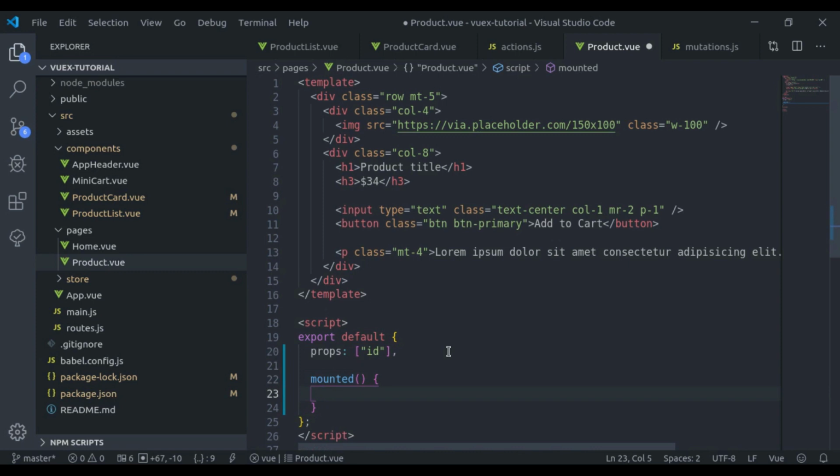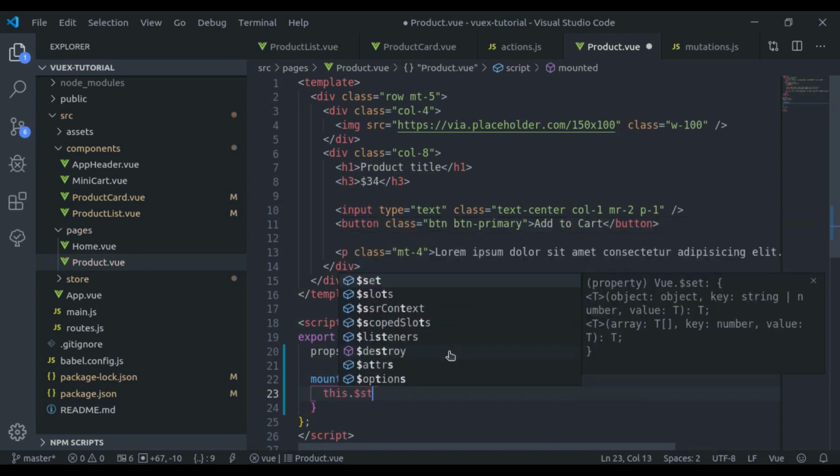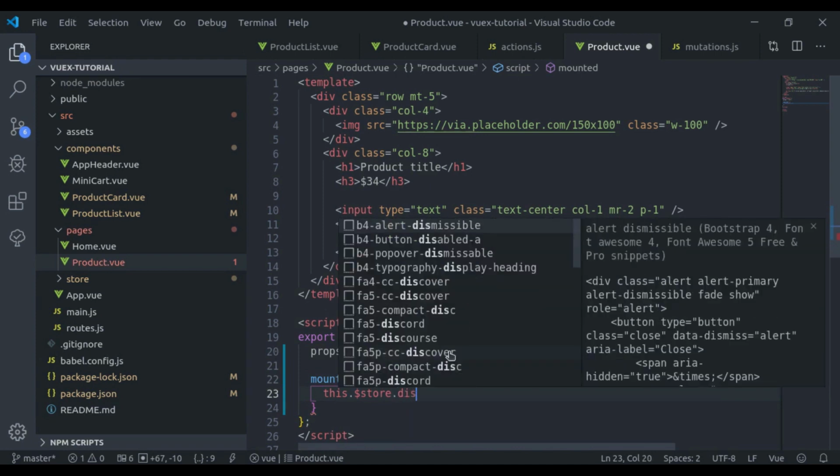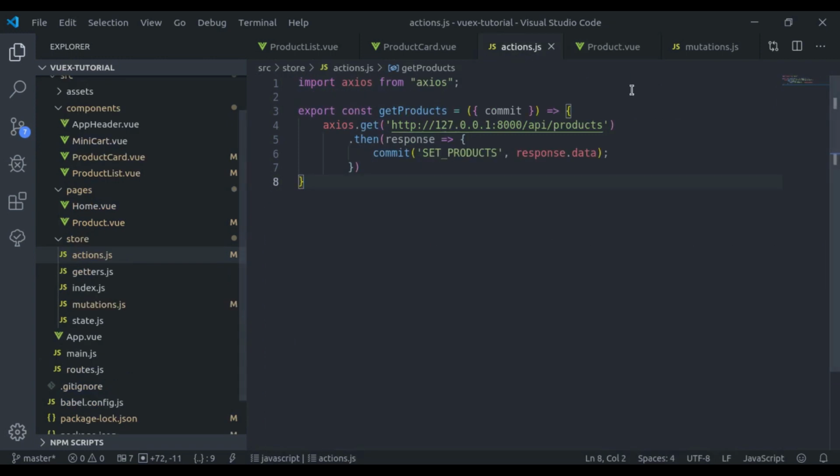and then we dispatch an action, this.$store.dispatch, and then the action name, let's say the action name is getProduct, and then the payload data, that is this.id in our case. Now we create this action. So in the action.js, here we'll say